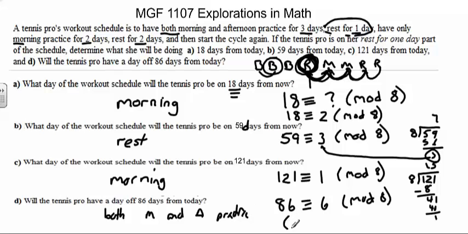And 6 is congruent to, if you subtracted 8 from 6, you would get to a -2. So in other words, instead of going 6 days forward, ending up in the middle of the both practice days, you could go 2 days in reverse and you'll end up at the same spot. Again, all we did is we took 6 and subtracted 8 from that, and we end up with -2. So, in 86 days from today, that tennis pro is going to have both morning and afternoon